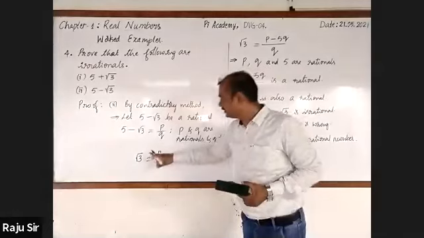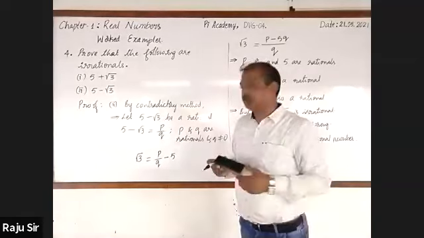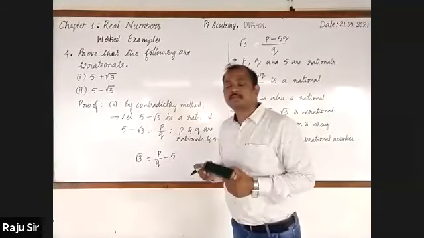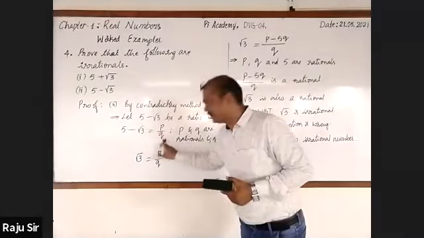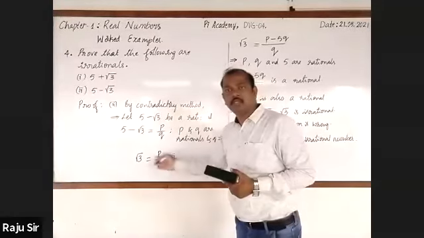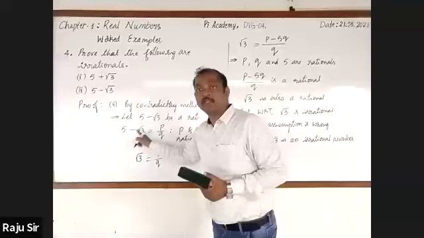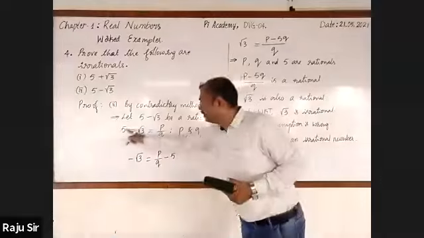Now you just observe here. Even yesterday, whatever the question was given in the worksheet, it was also like this type only. But there, some students had done mistake that here 5 minus root 3 equal to P by Q is there. Just they have taken root 3 is equal to P by Q minus 5. Then is it correct? No, sir. Because here root 3 is there with a minus sign. So here I'll write minus root 3. This is equal to P by Q. And transferring 5 to the right hand side, it becomes minus 5.